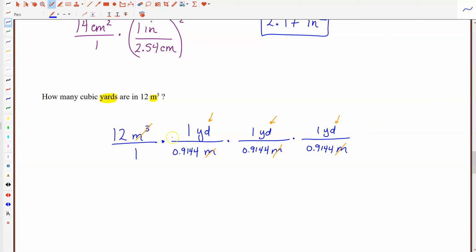Now to figure out the numerical value for my answer, now that I know that I have the right units, I'll have 12 times 1 times 1 times 1, which is 12. Downstairs, the 0.9144, I'm multiplying it by itself 3 times. So that's technically 0.9144 cubed, if you wanted to use the exponent. And again, you can key this whole thing in your calculator. It will follow order of operations. It will do the exponent for what you should get in the denominator before it'll do the division. All right, so if you pop that whole thing in your calculator, you get